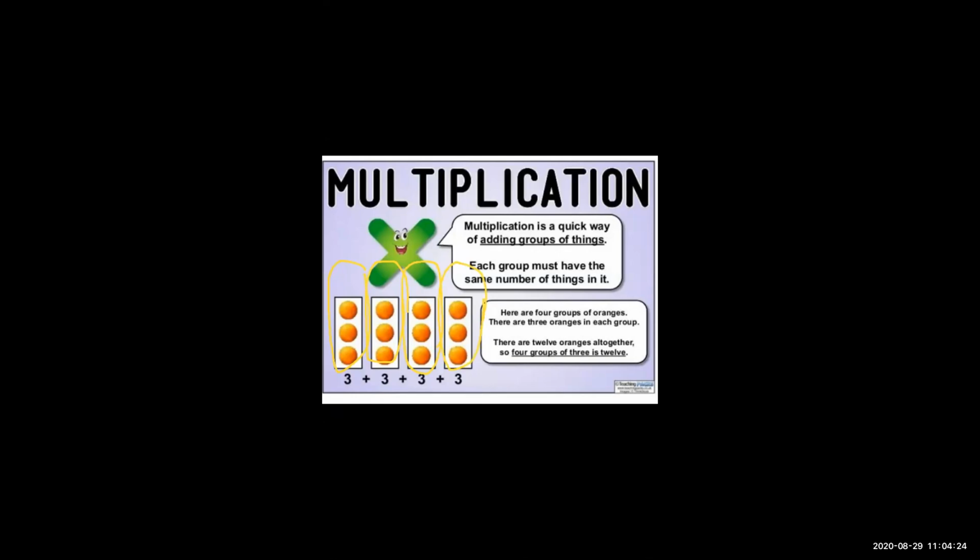Everyone watch it properly. In the first column, 3 circles are given to you. In the second column, again 3 circles. In the third column, again 3 circles. And in the last column, again 3 circles are given to you. Okay? So in a simple way, what is the meaning of multiplication? It's a repeated addition.